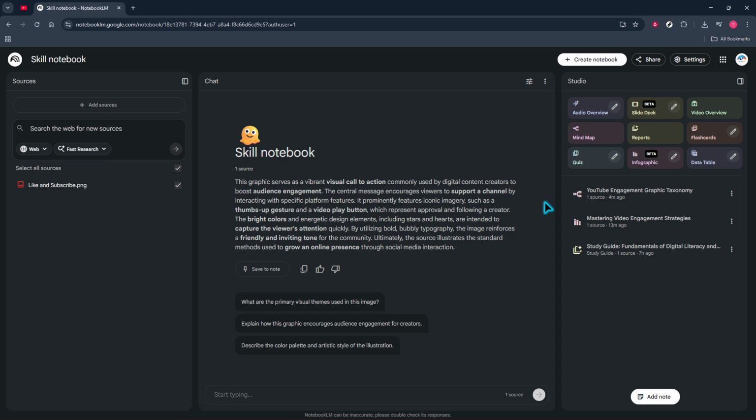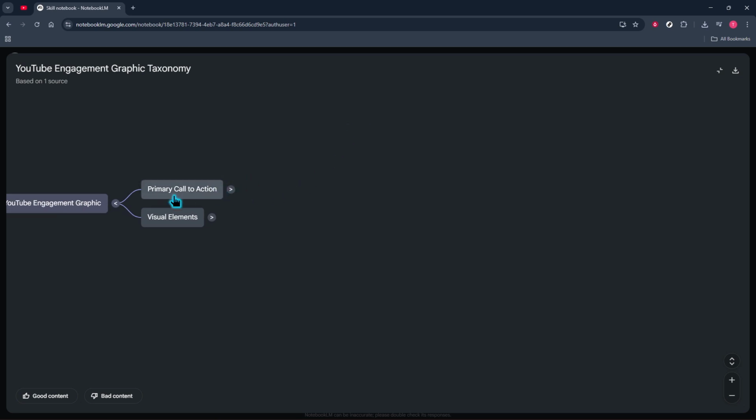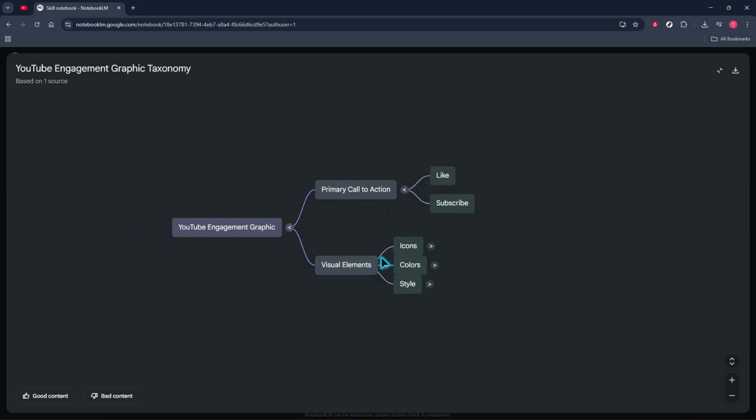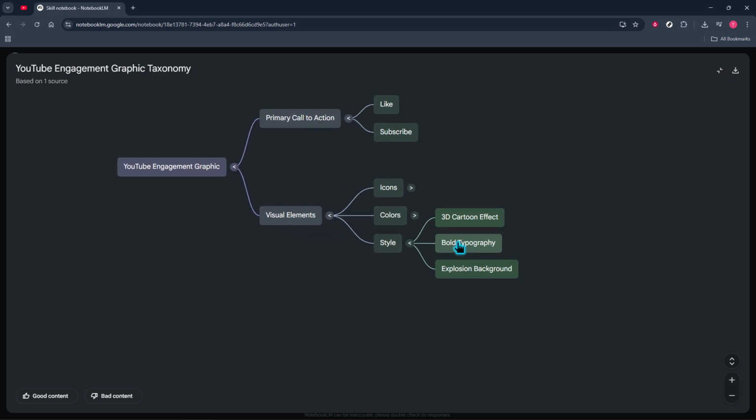You'll see one or more generated mind maps. Click on a map to open it and explore. Each node represents a concept derived from your sources, and the branches show how ideas relate to one another. As you read through it, check that the terms and connections make sense for your topic. If something feels off, it's often a hint to refine which sources you've included or to focus your notebook more